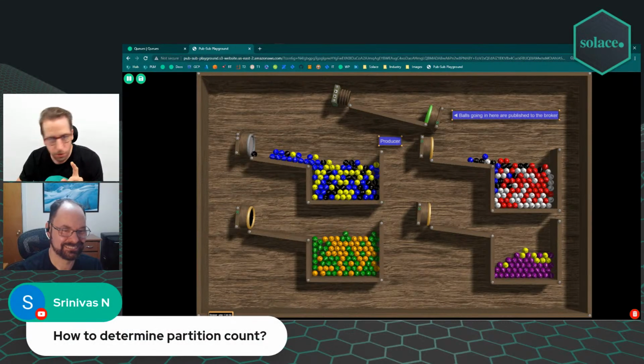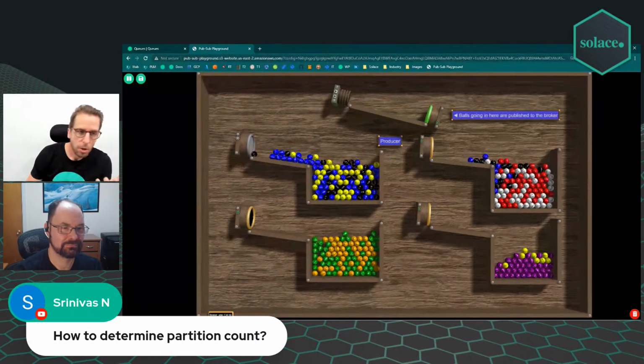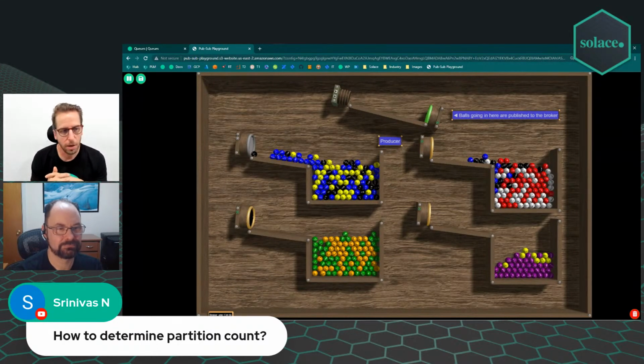Here's just a quick question from Srinivas. How to determine the partition count? Well, it's kind of a sizing and a bit of experimenting kind of operation. I would guess as a very rough cut, you build your backend consumer app, your microservice. You can figure out how many messages per second it can process, and you look at your load. You look at your peak load, I guess, and you want to choose that if you're getting